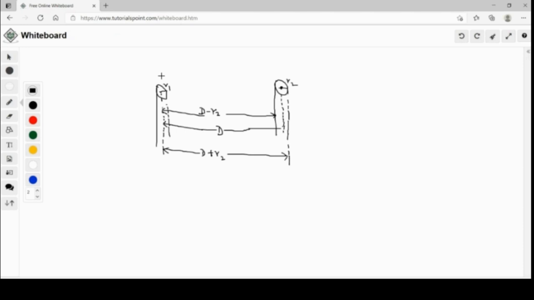Hope you understood. This is because conductor 2 carries current equal and opposite to that in conductor 1. Therefore, the external flux from R1 to D minus R2